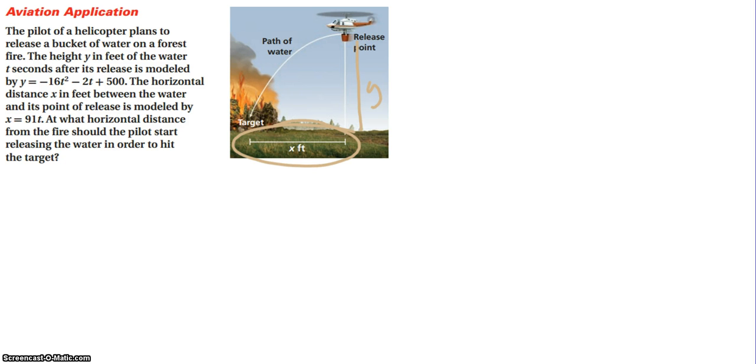Basically what I want to know is at what point should I release the water in order for the water to actually fall and land on the target. Alright, so that is our job. We are going to take the first equation, y equals negative 16t squared minus 2t plus 500, to find out at what time does the water hit the ground. In order to do that, we must set the equation equal to 0